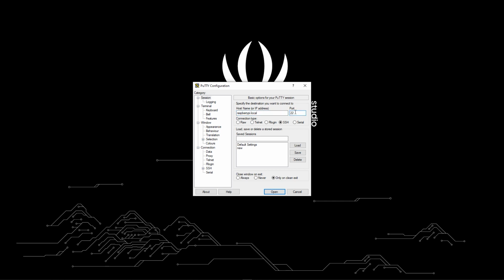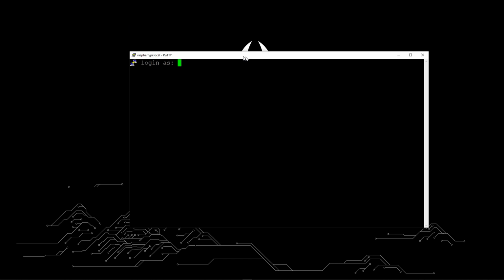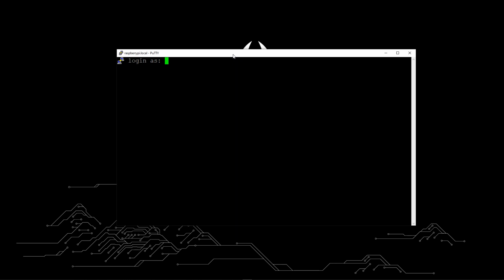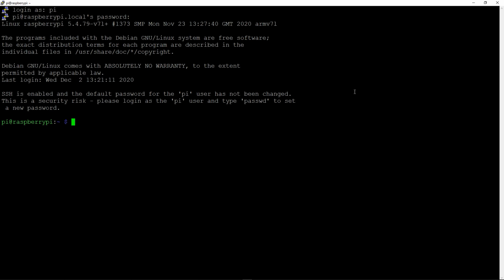Please make sure that the Raspberry Pi and the PC are on the same network. So finally click on open. For this message, click on yes and log in as. The default username is pi and the default password is raspberry, and click on enter, and now we are inside the Raspberry Pi.